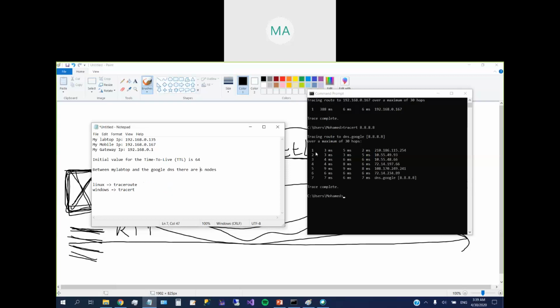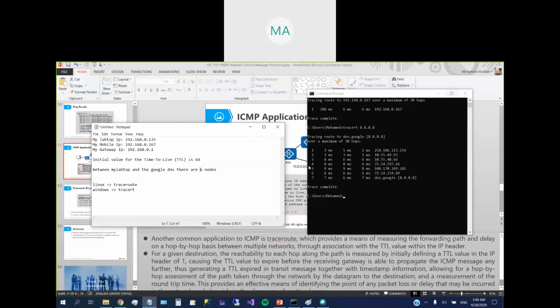Yes. Here we have 1, 2, 3, 4, 5, 6. Then number 7 is the destination. Number 7 is the destination. Understood? So here, the first message is sent for the next hop, which is 210.186.115.254. I think this one belongs to the TM. So if, let's say, we want to show the names to understand,